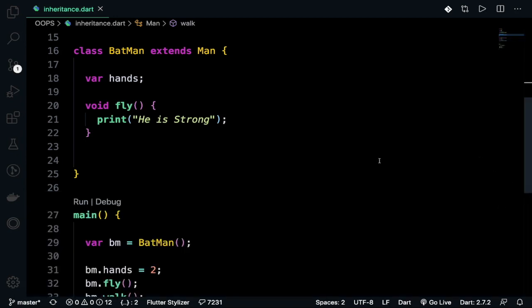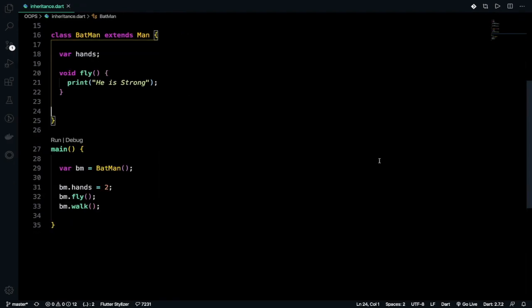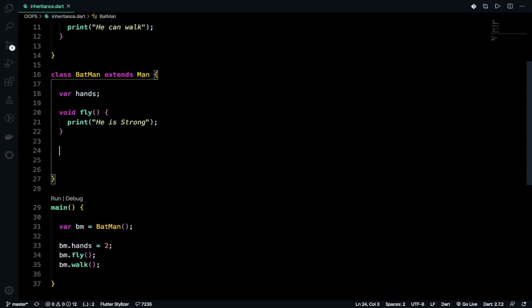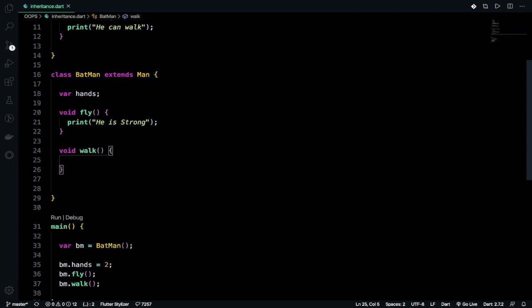So this is the basic example of inheritance, but you can say that I want to write something more in the walk function. You can write it just like this, void walk. Man can walk, but Batman can walk faster, like other men cannot. So I want to print that also, that he can walk faster.